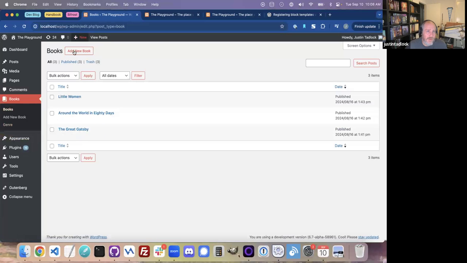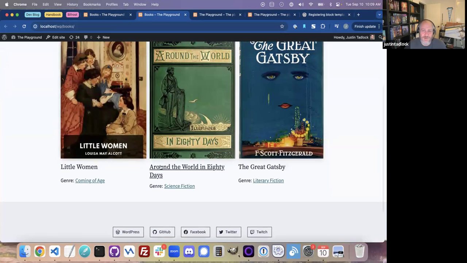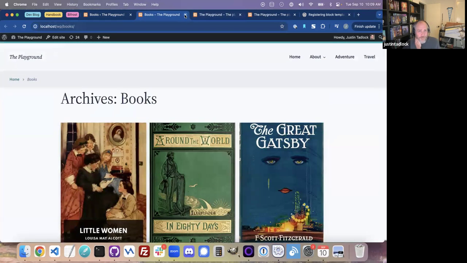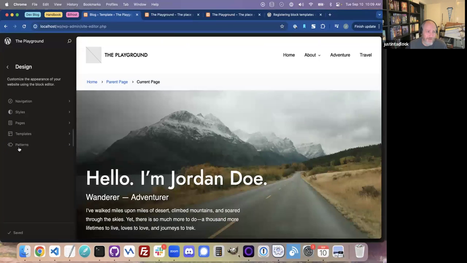And let me see. The goal is, this doesn't look very pretty at this point, but that's a basic book archive template. Before, I'm sorry, before we get into how custom post type templates work, let's just look at all the templates